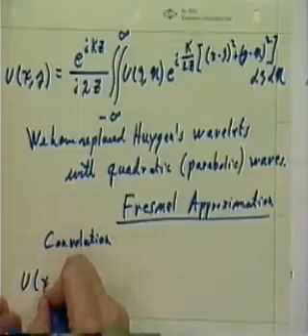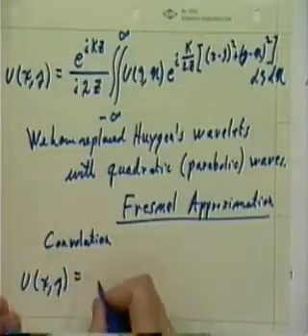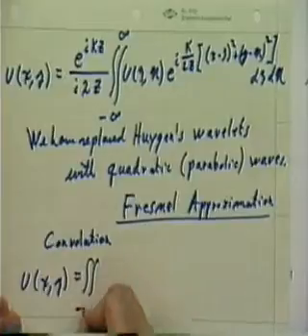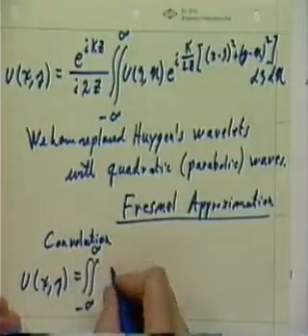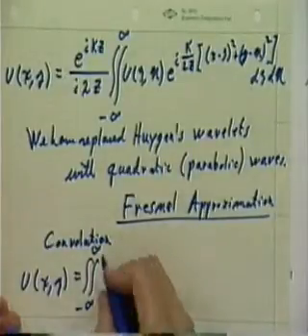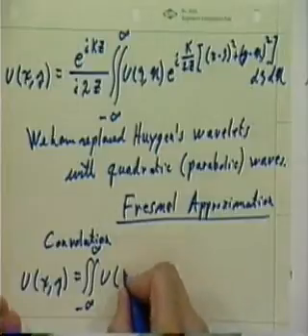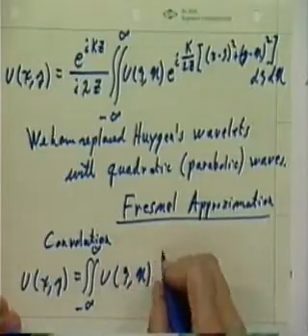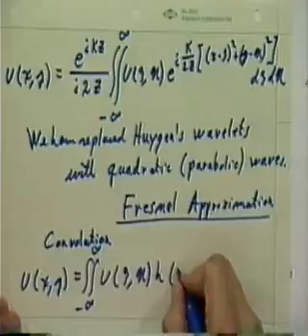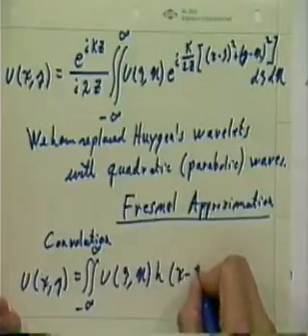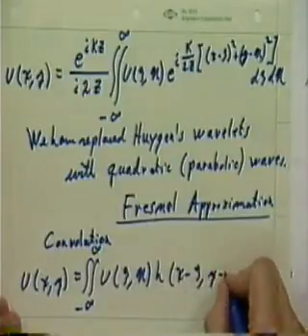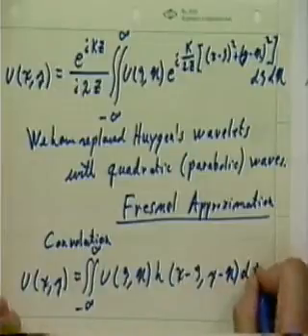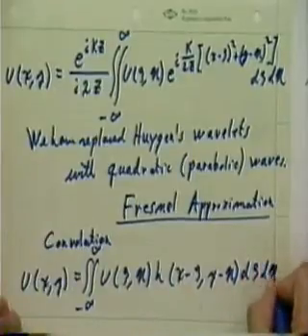So, as Goodman points out, we could write this as the integral of the form u of squiggle and eta, h of x minus squiggle, y minus eta, d squiggle, d eta,